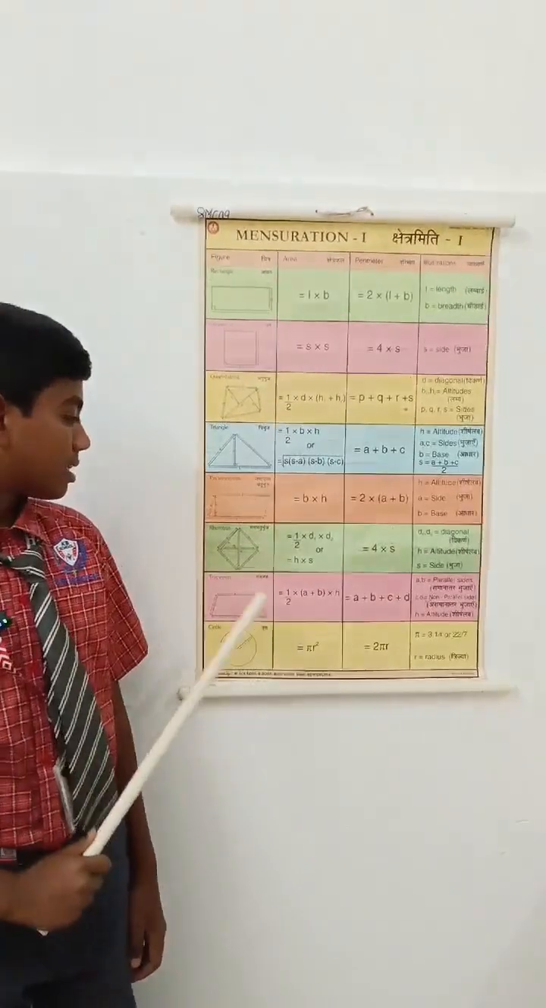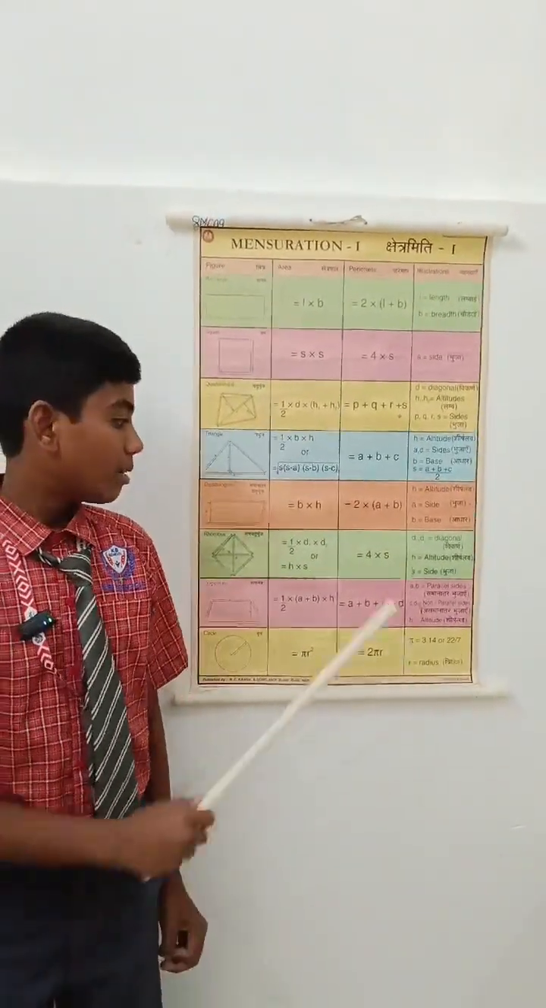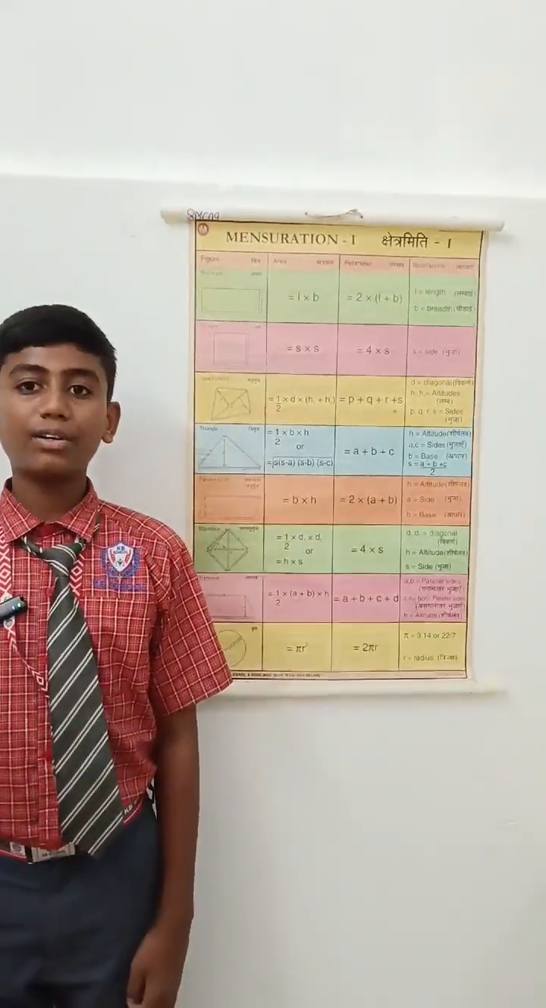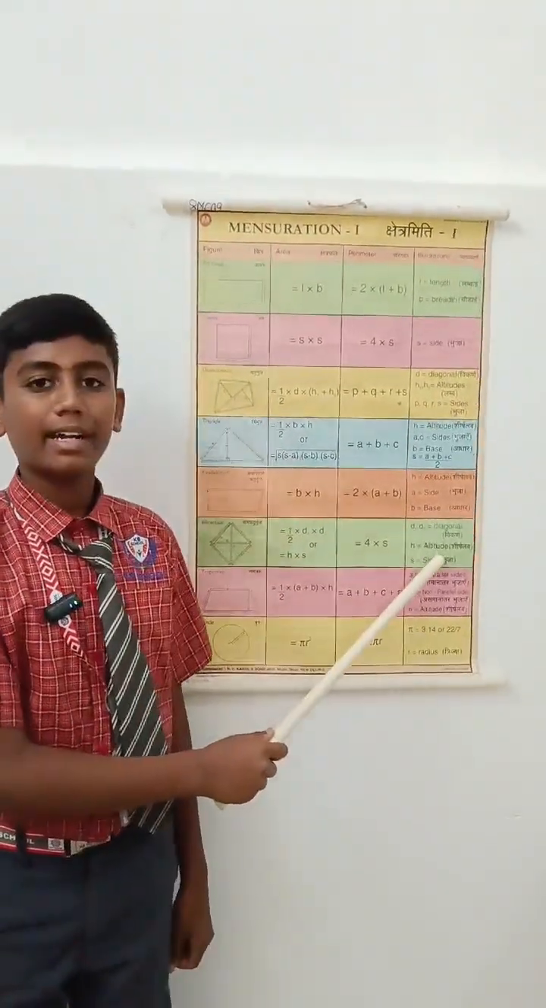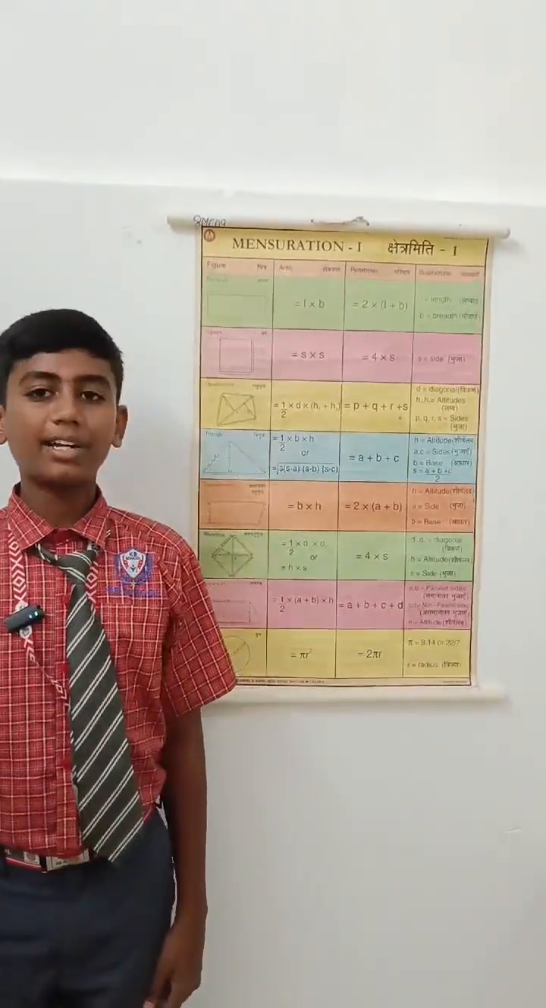is equal to base. Rhombus. Area of rhombus: half into D1 into D2. Perimeter of rhombus: 4 into S, where D1 D2 is equal to diagonals, H is equal to altitudes, S is